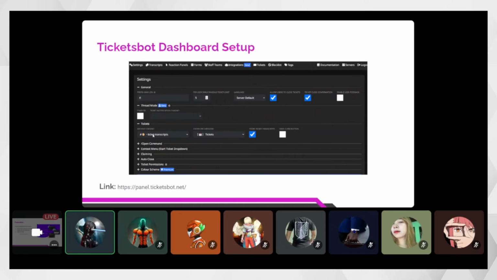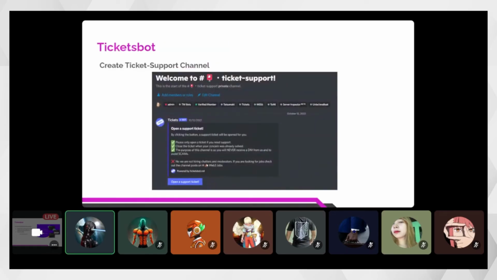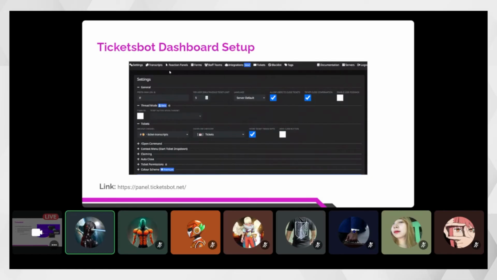Here I usually set up the archive channel as an admin, so that for tickets which are closed, I can still review them because there is an archive channel in my Discord server. For example, here I set up a ticket transcripts channel, which is a private channel just meant for the admins to see any transcript. So for any issue, I can always return and review the ticket transcript, even if the ticket is already closed. With the setup, you will need to click on reactions panel.